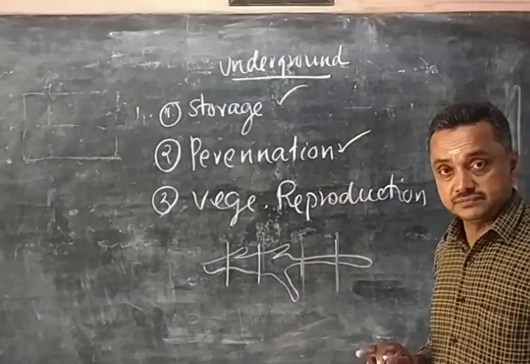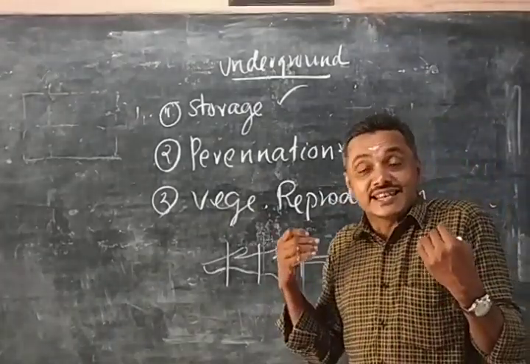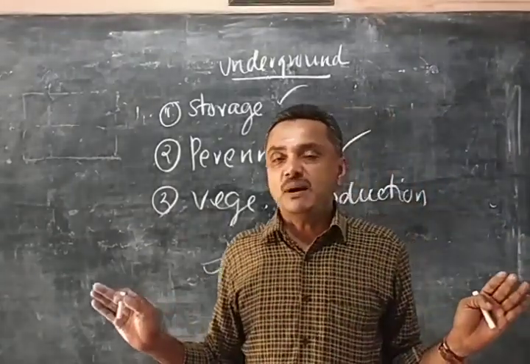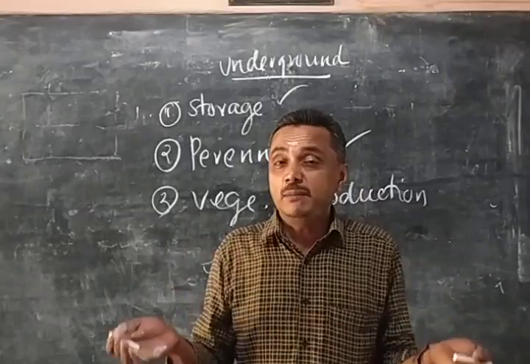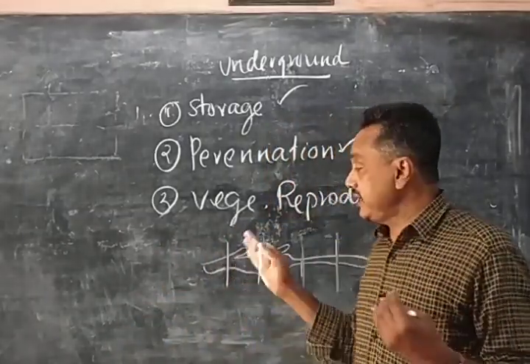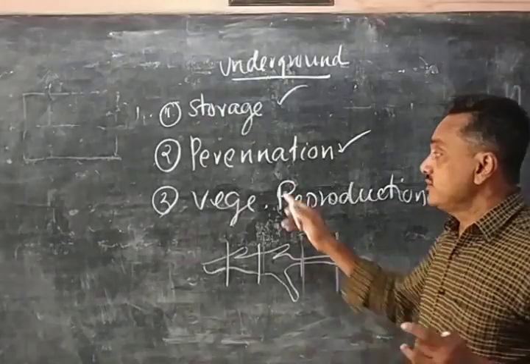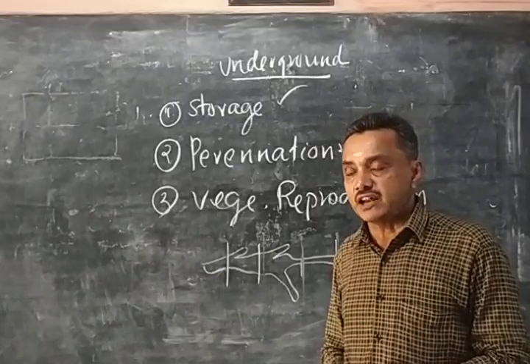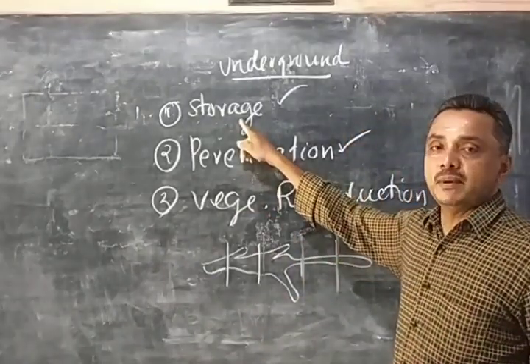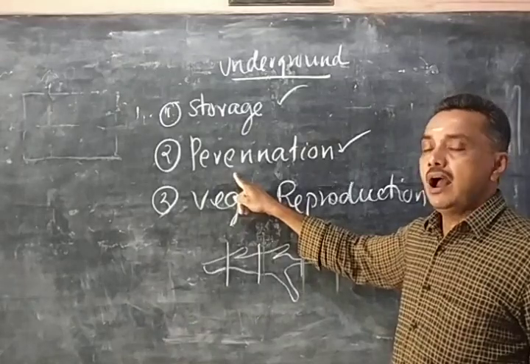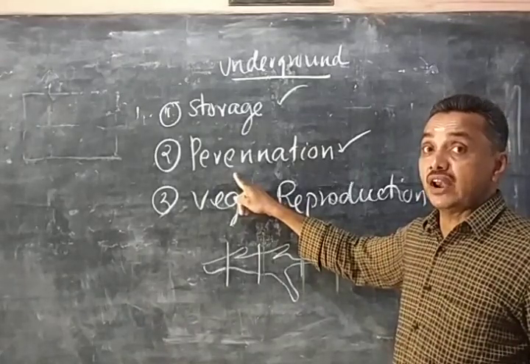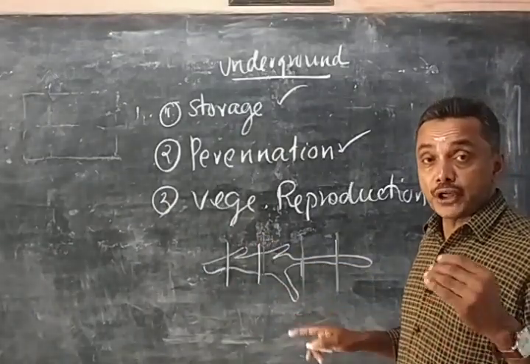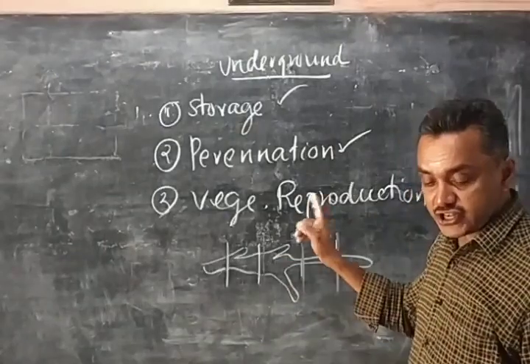Vegetative reproduction. So in such a plant, when the stem is present below the soil level, there is no seed, no other method of multiplication, no flowers etc. for multiplication. They are multiplied by cutting of the stem. Like that, the stem is present below the soil level. Underground stem serves three purposes. What are they? First of all, it helps in the storage of food material. Then it helps to overcome unfavorable condition. Then it helps in multiplication, vegetative reproduction or production of new plants. So these are the functions of the underground stem.